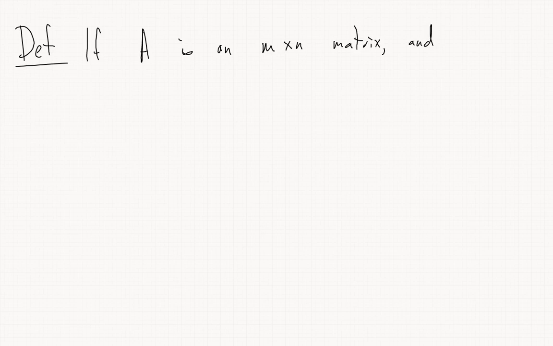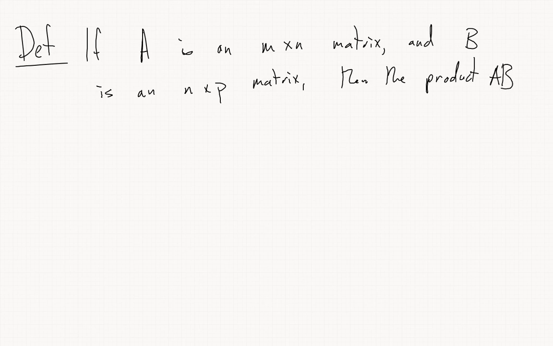So the definition: if A is an M by N matrix and B is an N by P matrix, then the product AB, so this is only defined, we can't multiply just any matrices, the dimensions have to match up correctly. This will be an M by P matrix